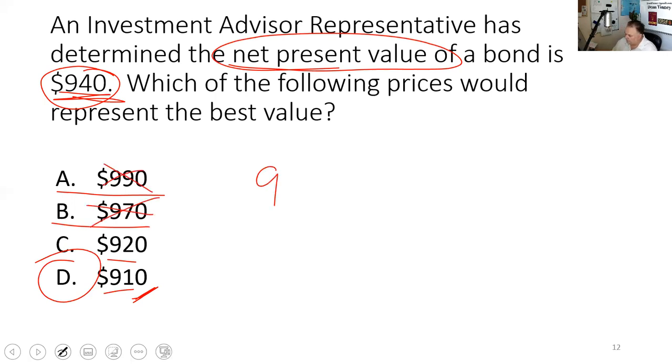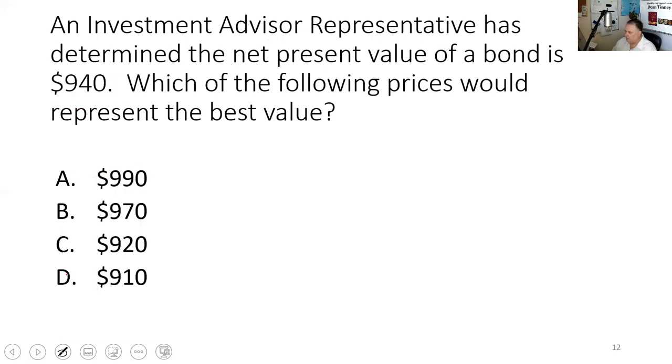By the way, let me reverse this question. I could say an investment advisor representative has determined the net present value of a bond is $940. Which of the following prices would represent the least value or overpaid, and you'd come up with that one, right? So,